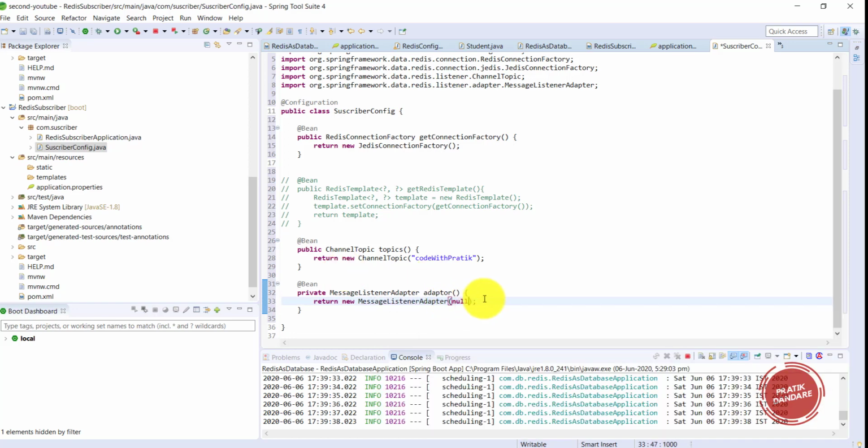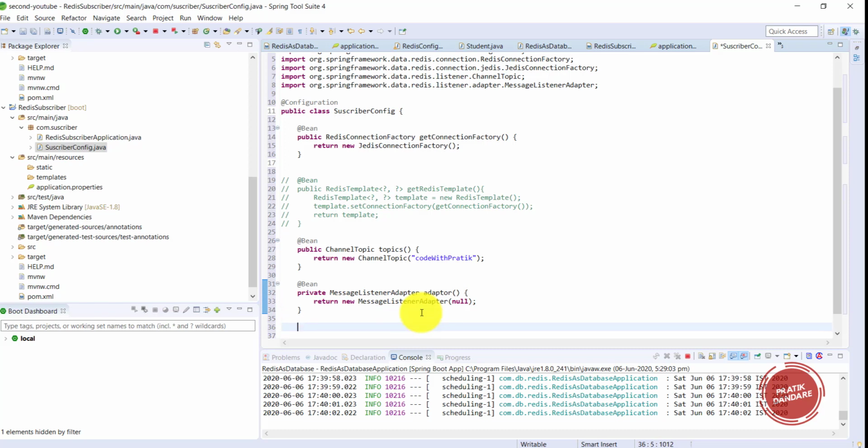Okay, for now I'm specifying null here, because we need to write one class which should implement the message listener, and we need to provide that listener inside that null part. We are doing this later because I want to first finish this configuration part. And now I am adding the Redis message listener container.